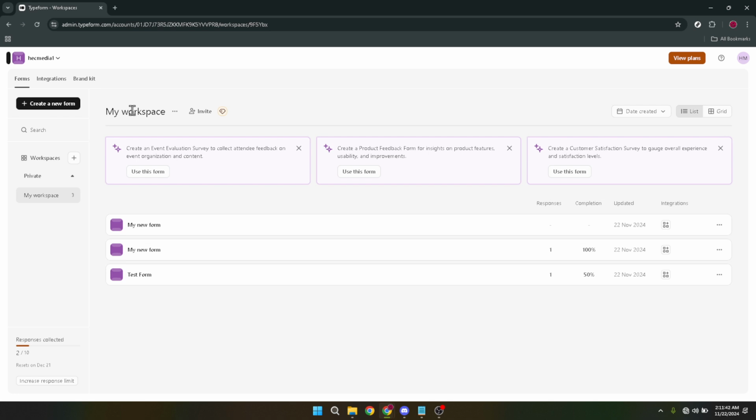Following the login, it's time to navigate to your form. If you've already created a form, you can find it by going directly to your workspace or following a direct link if you have one. In your workspace, you'll see all the forms you've worked on. Find the specific form you wish to publish. If you're coming from an external link, it will take you straight there, saving you the time of sifting through your projects.